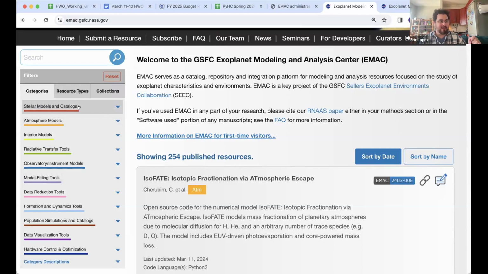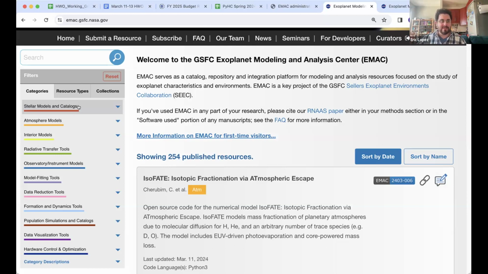And okay, I want to model a transit from TESS of this planet, and I've reduced that data, but I know nothing about the star. And you only know the planet as well as you know its host star. So I want an easy spot to find a catalog of the known stellar properties of this group